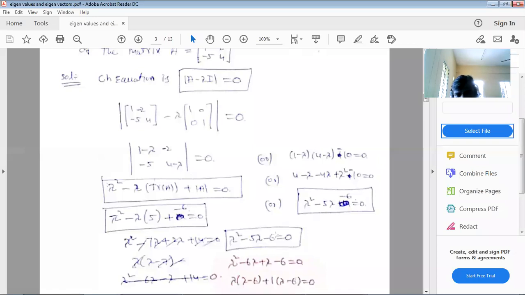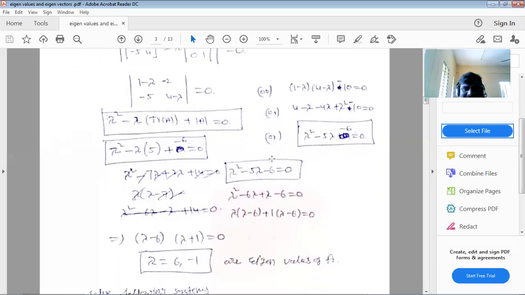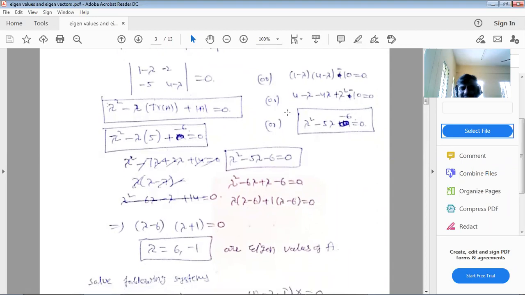Now you have to find the roots of this equation, which are called the eigenvalues of the matrix. I am solving the above equation with the help of the calculator, and we can also do it manually, not a problem. When you enter it in the calculator, you have to check the signs, plus and minus, because that will decide your answer. Therefore, lambda square minus 5 lambda minus 6 is equal to 0. I am getting 6 comma minus 1 as the eigenvalues of the given matrix. So the eigenvalues of the A matrix are 6 comma minus 1.